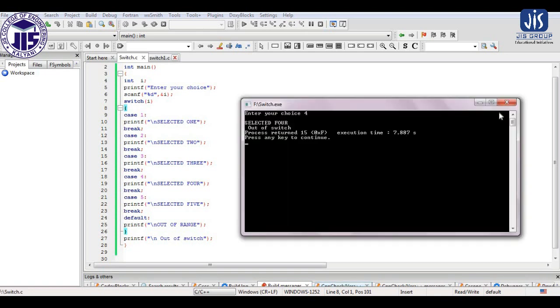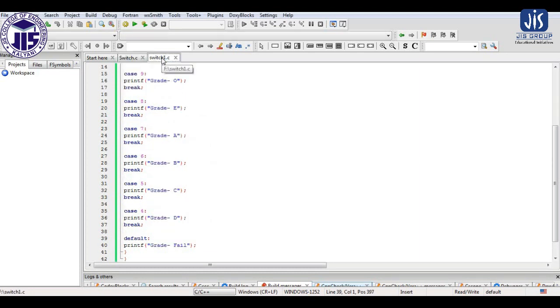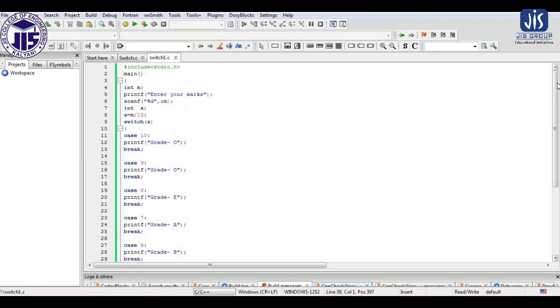So that is about the switch case, how we are executing the switch case, and what is the use of break in switch. If we don't use break, what problem we are facing, and by using the break, how we are overcoming the problem. I will give you an example of another very simple program that we have also done by using the if-else ladder. So here the same program of gradation we have considered.